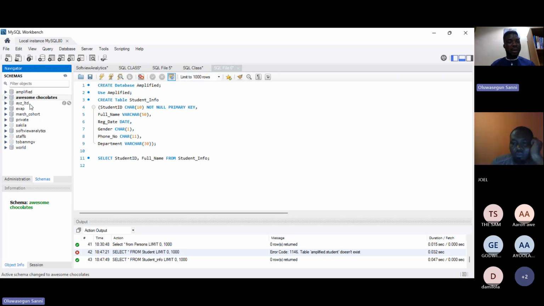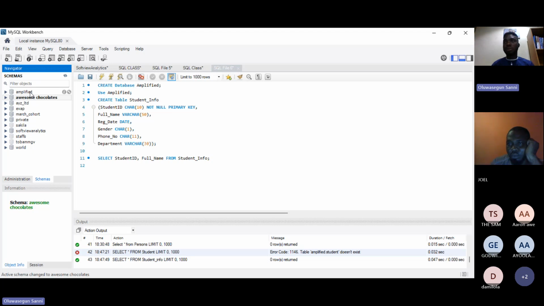As the case is now, I am currently on the Awesome Chocolate database. But the database that we want to work with for this class, the one we created for this class, is the amplified database, which is here. What this means is that if I didn't activate the amplified database, and I begin to query the database,